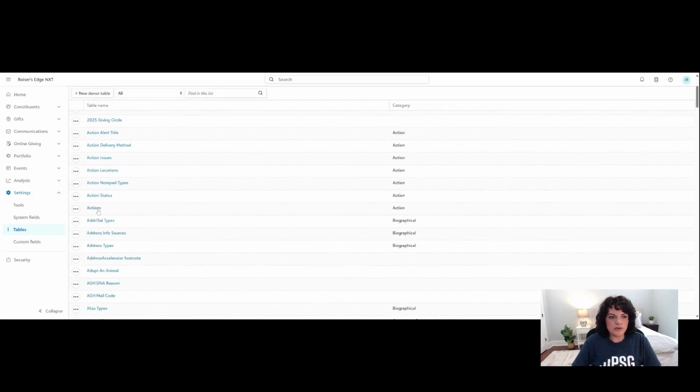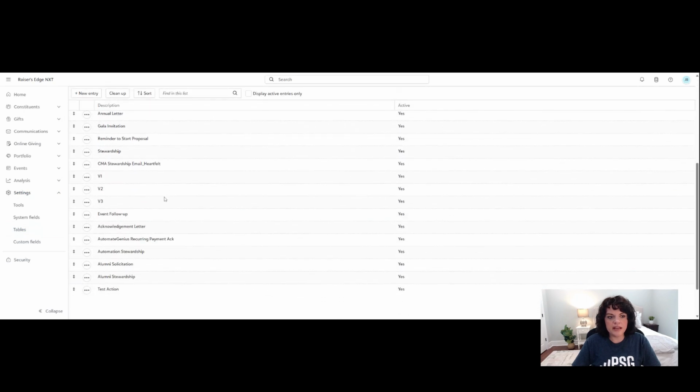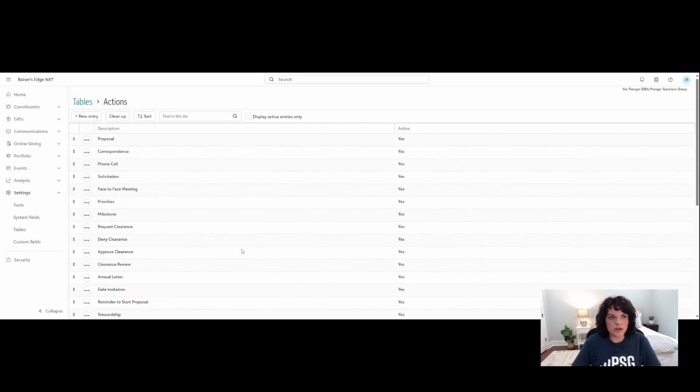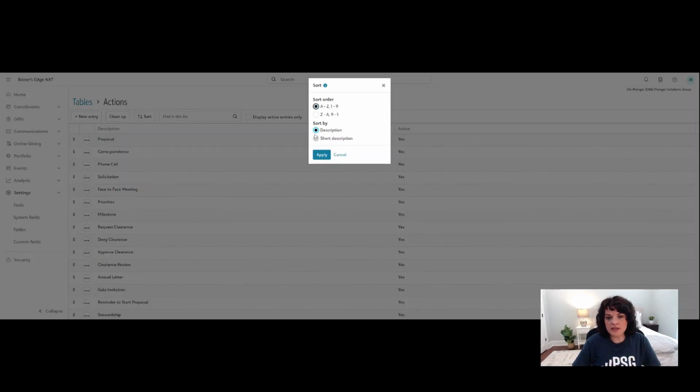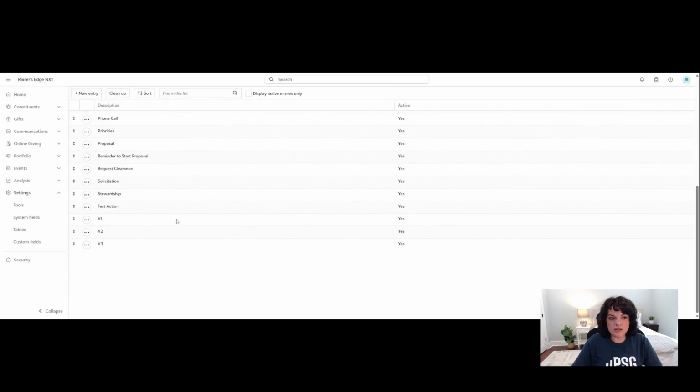I am going to clean up the Actions table. I'm going to click Actions, and this is going to bring up everything that is in the Actions type dropdown. One of the things that I really love inside of RENXT is the sort. Inside of Razor's Edge NXT, there is a way to easily sort things in the table, unlike in database view, where you had to manually click to bring the entries up or down to resort manually. If I say apply, it's going to automatically resort this table alphabetically,